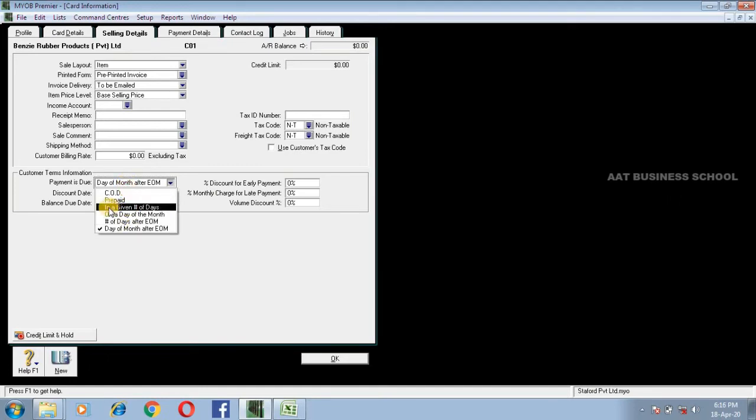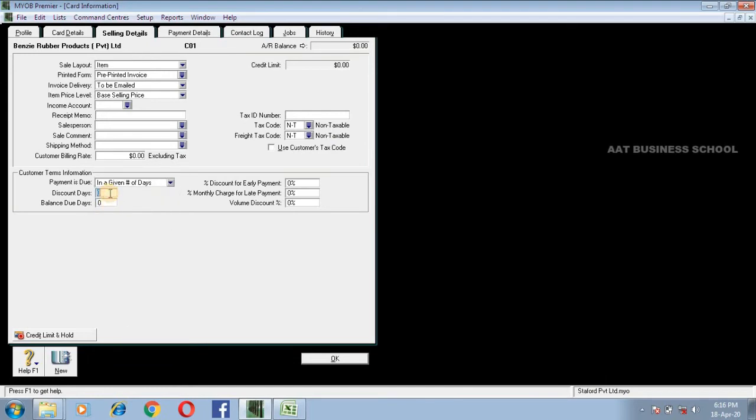I am selecting in a given number of days, and I am saying discount days are 3, balance due in 7 days. So like that you can select options. Then discount for early payments, you can assign a discount. If you are giving, let's say 2% discount for early payments, you can say 2%. Then for late payments, if you are charging, you can mention the amount. I said 2% for the late payments, like that.